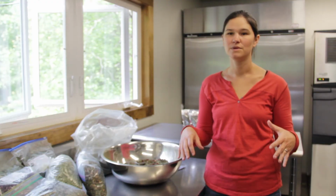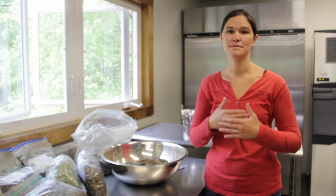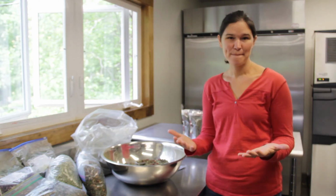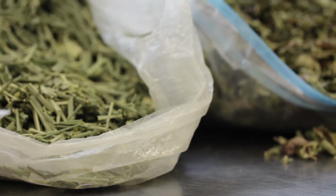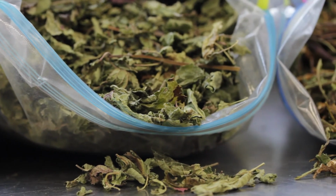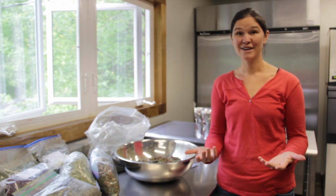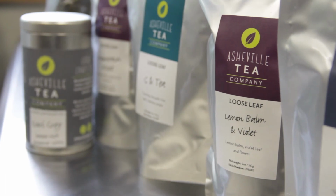I feel like the community building aspect of sourcing locally has been invaluable to me as a startup business and as a person. It feels like I'm doing something that is hopefully beneficial to our community and supporting local farms and also providing a really strong quality product to local consumers. And I know the plants. I'm able to visit the farms. I'm able to get to know the farmers. And I feel good about the fact that I know they're growing clean